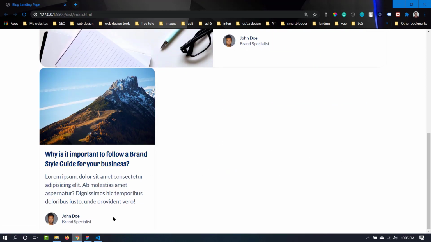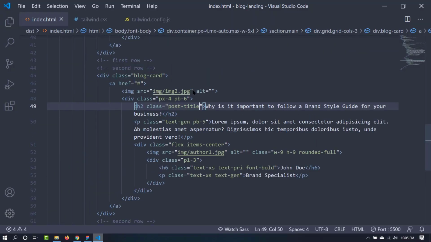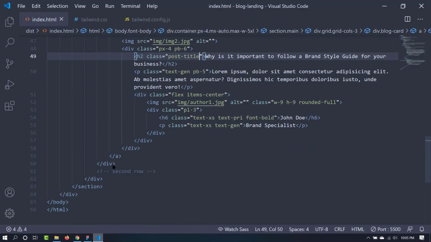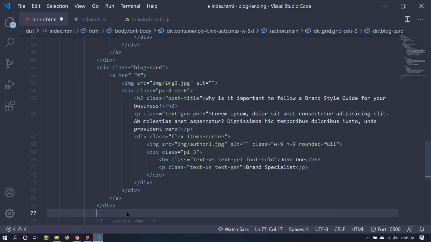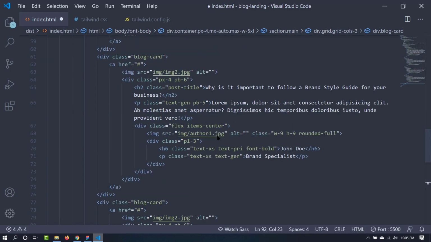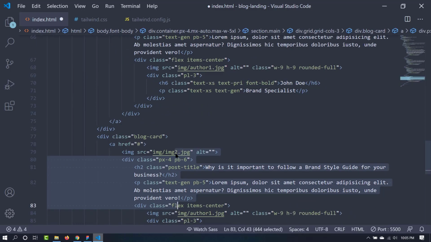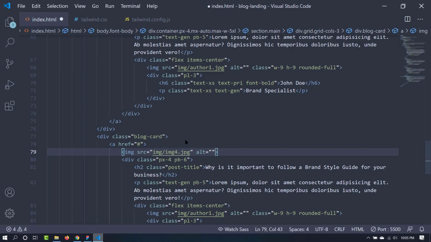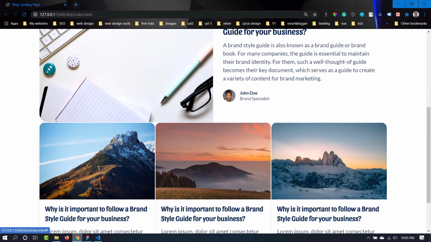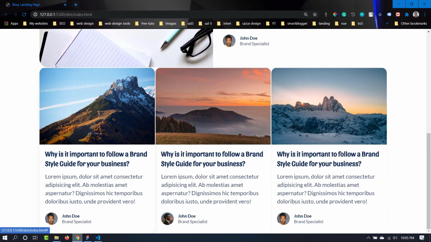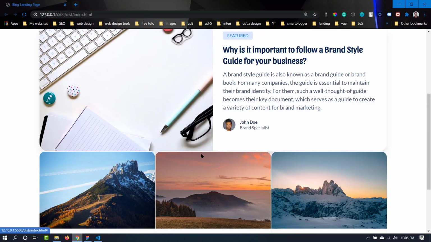There are 3 blog posts, so this is the second row, the first item. Let's do some copy. Now we need to change the images. This is the second image, let's make it third, and this is our fourth. We can also change the image of author. Okay, now this is our blog post, and it is looking very congested, so we need to now apply some